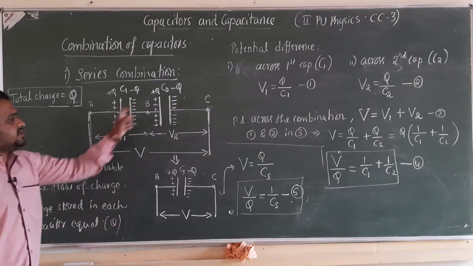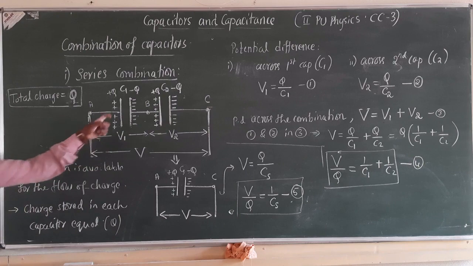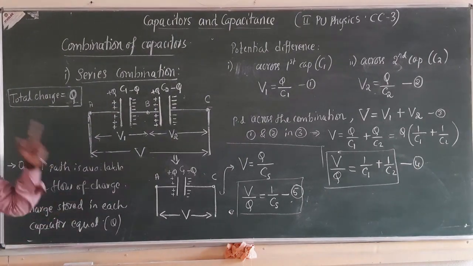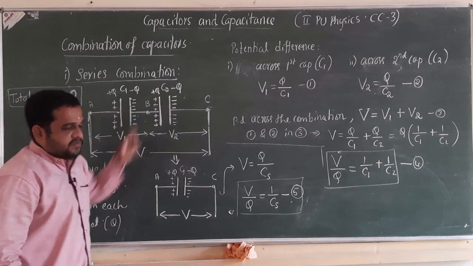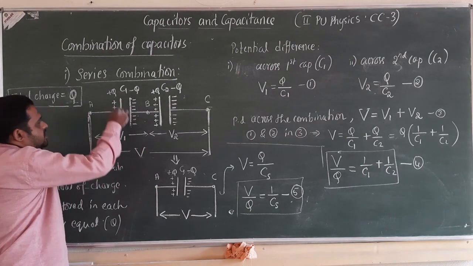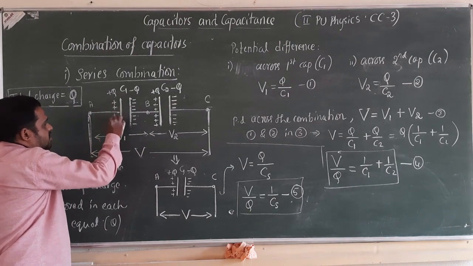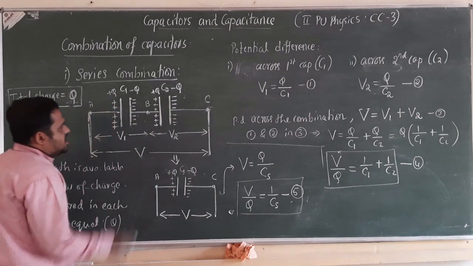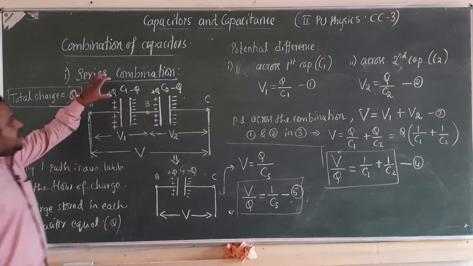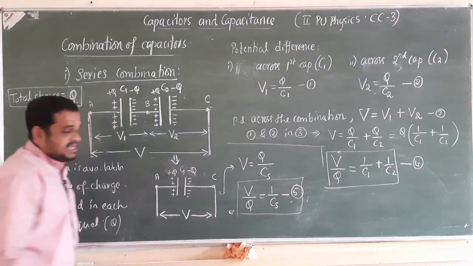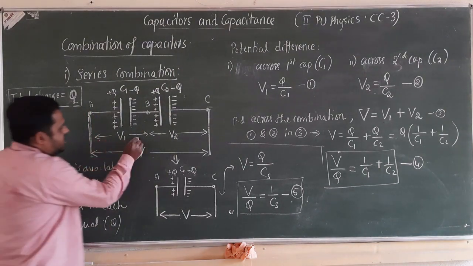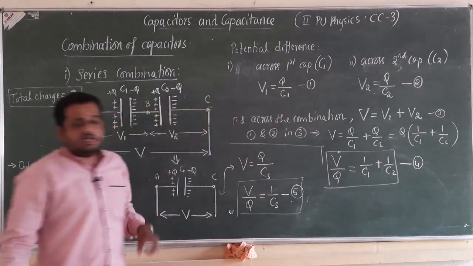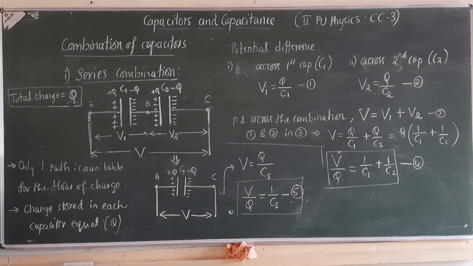So, we connected two capacitors in series, we connected the combination to some external potential difference V. Due to that potential difference, capacitors were charged from the first plate of the combination. The first plate had accumulation of positive charge, the last plate negatively charged, and in between, charging by induction. Amount of charge stored in each capacitor is the same, that is equal to Q. Potential difference is decided by the capacitance, because we know that V is equal to Q divided by C. Q is the same, therefore potential value is decided by the C value.